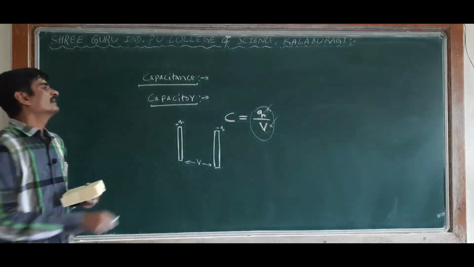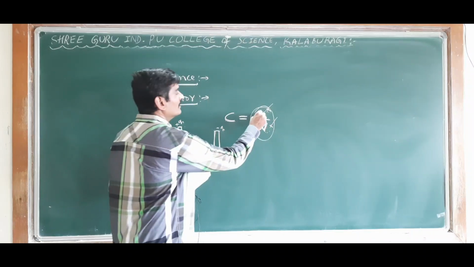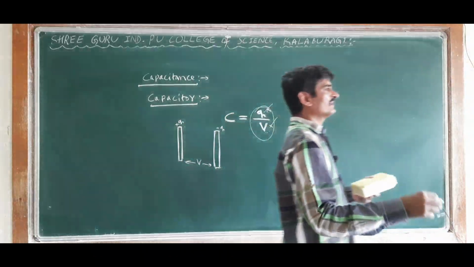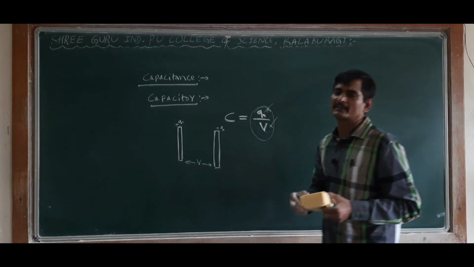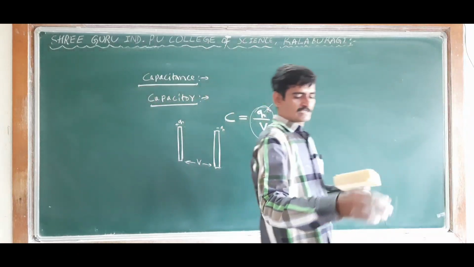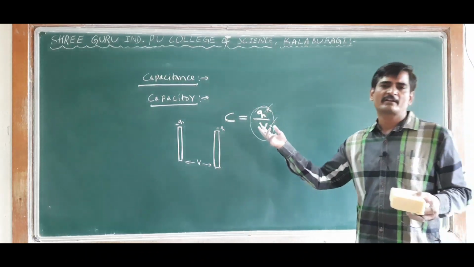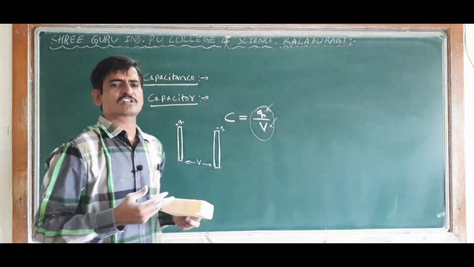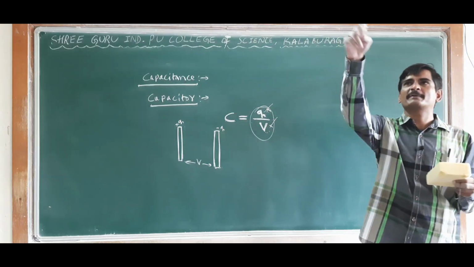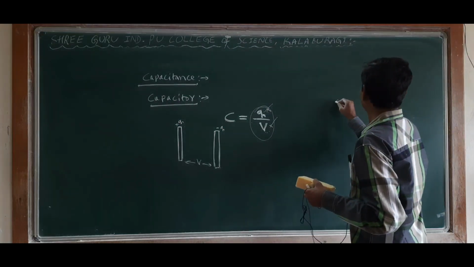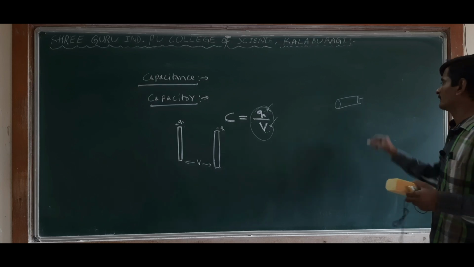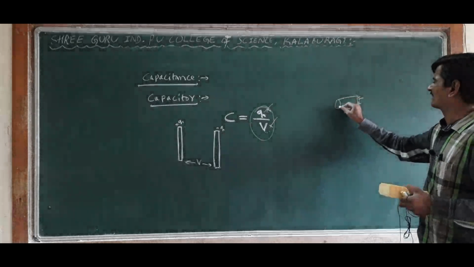Okay. So a capacitor is used to store charges. Now what is the main area where a capacitor is used? Capacitors are used in electrical equipment like TVs and radios; almost all electrical equipment contains a capacitor. Even the fan has a capacitor. Inside the fan there will be a white cylindrical shaped box.